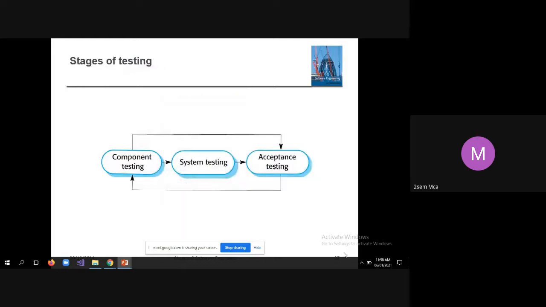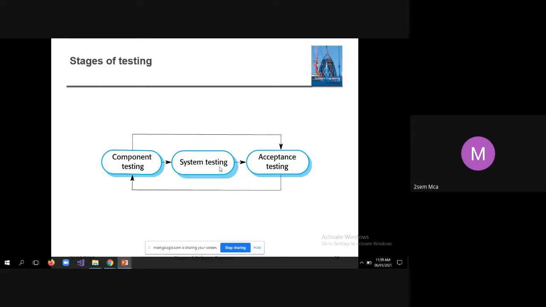Now, stages of testing. Component testing. See, component testing means testing the smallest individual component. Say, for example, you are implementing one user-defined function to do some meaningful task. You test that function separately by adding executable libraries so that you can execute that function and pass actual input and see what is the expected output and what is the actual output. If both are matching, then that component is working fine. Such testing is called component testing. We also call it unit testing.